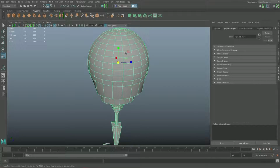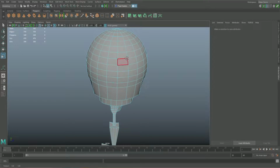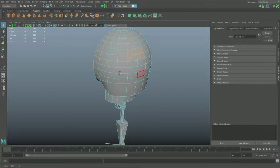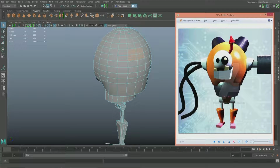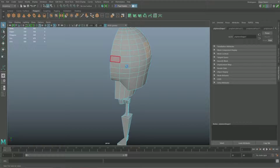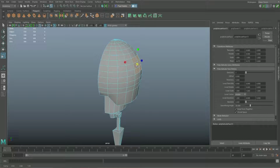So let's just hold the right mouse button, go to face mode, and let's see, this is our center line here. So let's just select these 4 squares here, 1, 2, 3, 4. Let's have a quick look. Yeah, about maybe these ones as well. Hit extrude. Remember to hit your little blue square there, and let's just scale inwards. Press R and scale inwards, like so. Put it out,